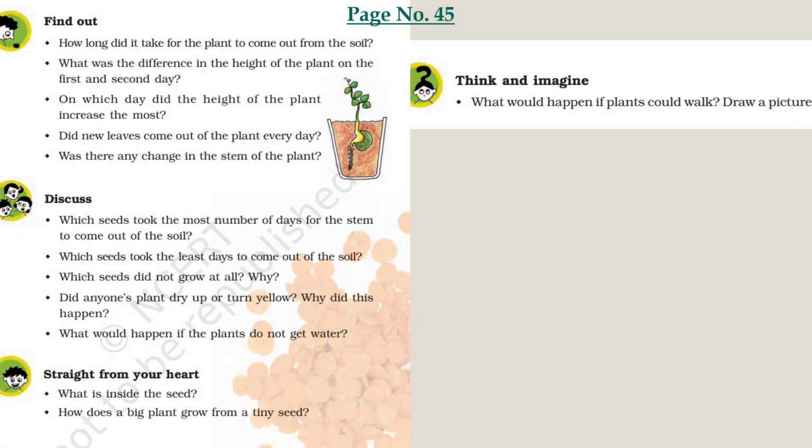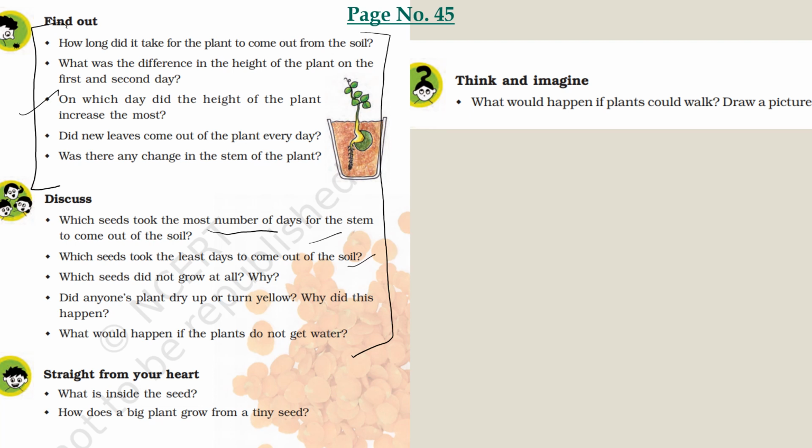If you turn to page number 45, you'll see these two exercises. And if you have done the activity that you were supposed to do on 15th of August, which was to plant a tree, plant a seed, you'll be able to answer these two exercises. For this, you have to do it in your books only. You can answer this on your own. In this, it says how many days did it take for your stem to come out, and if your stem hasn't come out, you can leave this question for now, this and this.